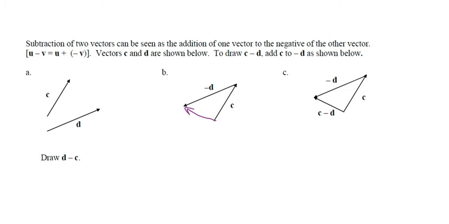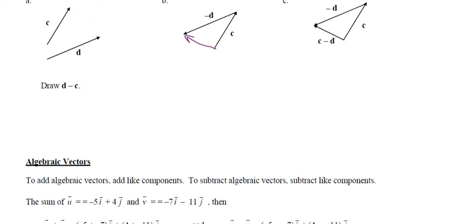What if we want to draw d minus c? What are we going to do? Do the same thing. So what are we going to start with? D. We're going to start by drawing d, and then negative c, and we're going to draw negative c, which goes which way? Except for the opposite way. Okay, and we're going to put it starting here, right? And then we're going to draw negative c. I know I drew d not quite flat enough. D like C. Yeah, so there's d,